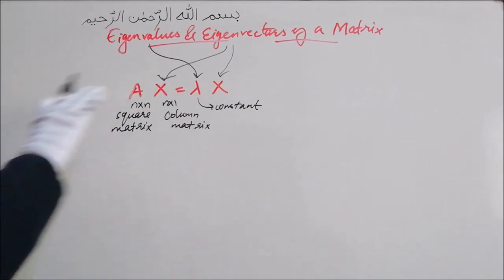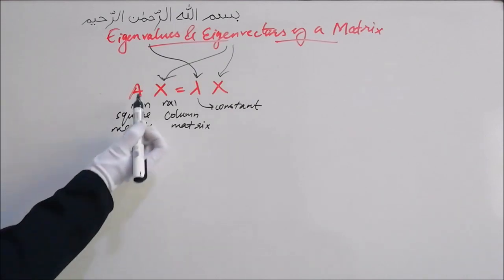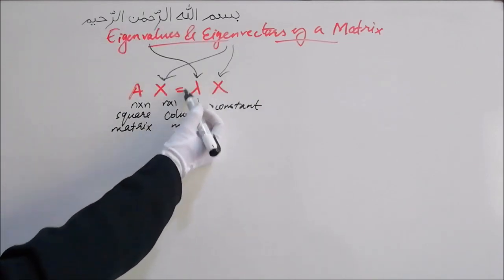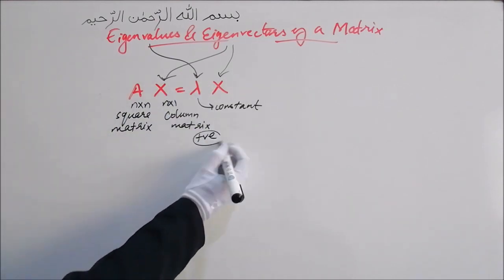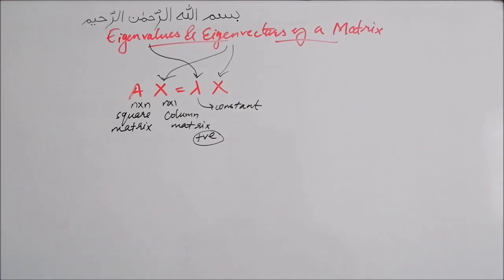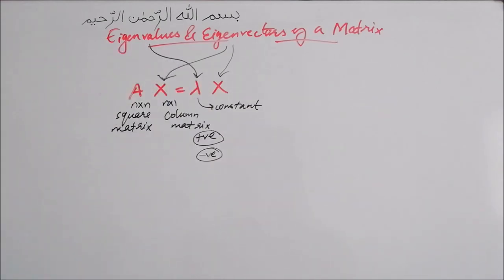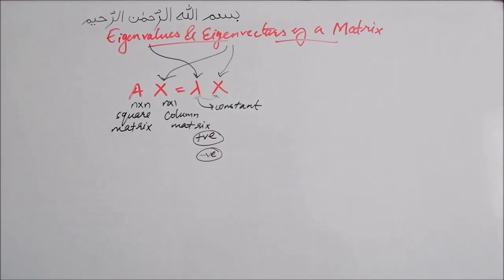Now what is this eigenvalue equation trying to say? It says that some transformation A transforms the eigenvector x and scales it by a scale factor lambda. Now if this eigenvalue is a positive value, then the magnitude of x will change. That means it will stretch, but the direction will remain the same. But if this lambda is a negative value, then the magnitude will obviously change, but the direction will also go in the opposite direction. So thus we can say for each corresponding eigenvalue, we have a corresponding eigenvector.